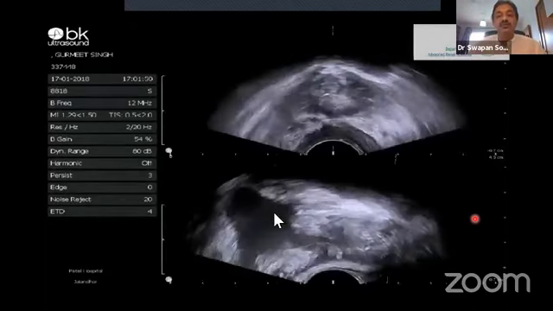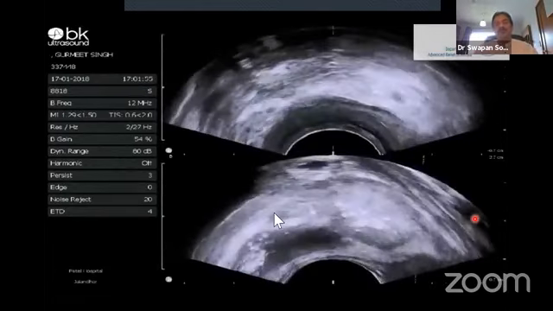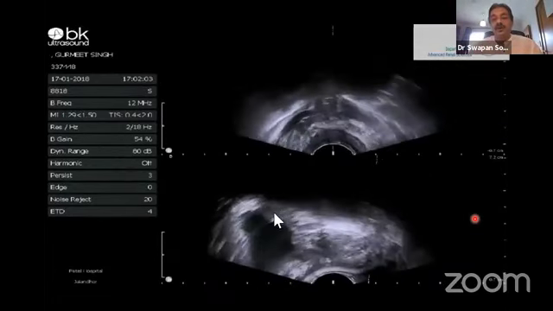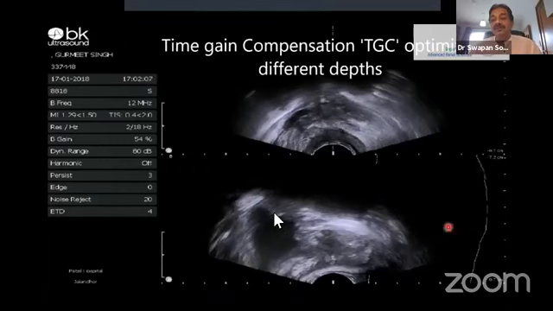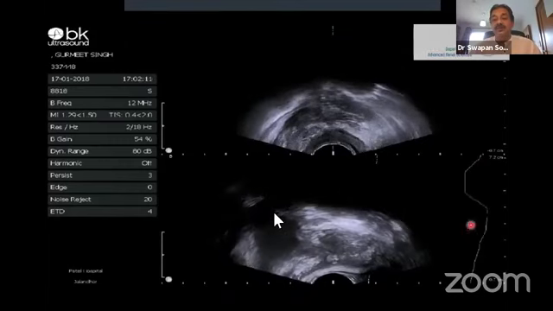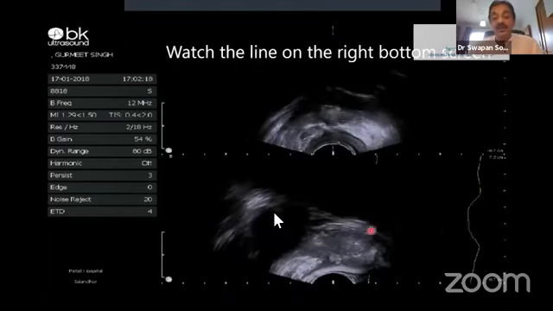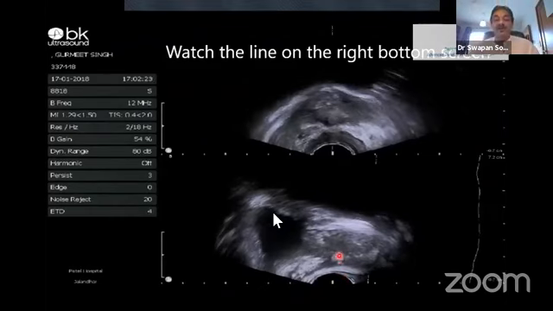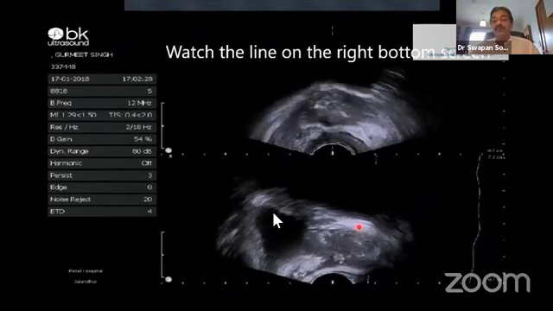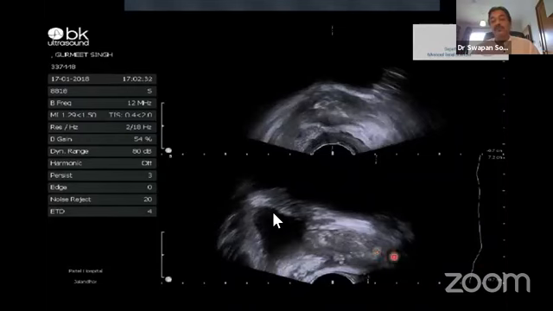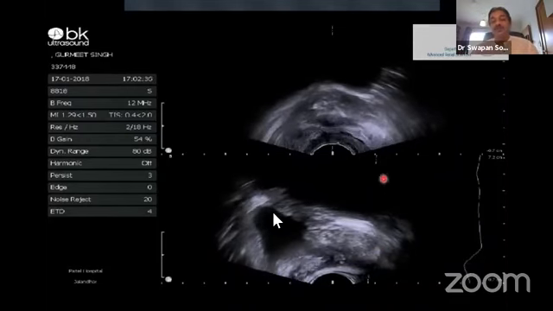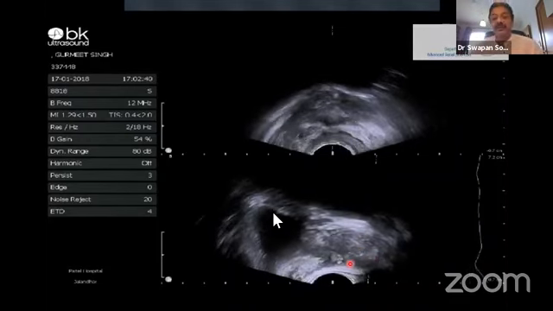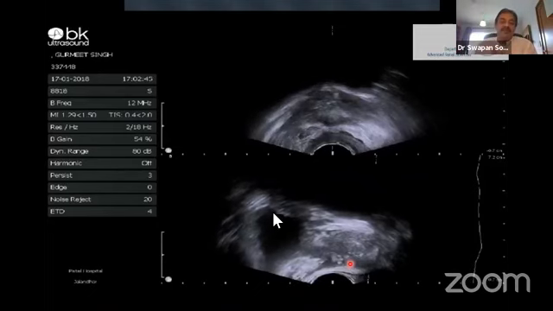The sizing button is used to increase or decrease the size of the image depending upon what you want to examine. And this is the time gain compensation curve. You can see that in relation to the rest of the field, particular areas of the field will become dark and will become light to increase contrast at a particular depth of the field. Well, you know what time gain compensation is.